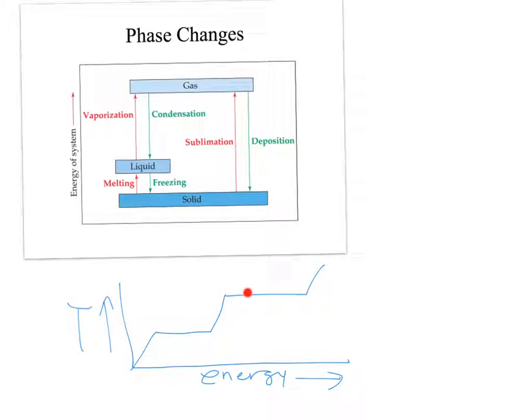In reverse, you go from a gas back down to the vaporization point. The vaporization point is the point at which you vaporize or at which you condense. It depends on your direction. Once you've condensed everything to a liquid, if you continue to cool down, you reach the freezing point, and the freezing point and the melting point are the same temperature. When everything's frozen, only then will the temperature of your solid start to decrease.